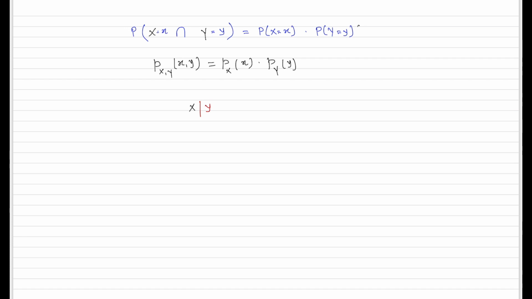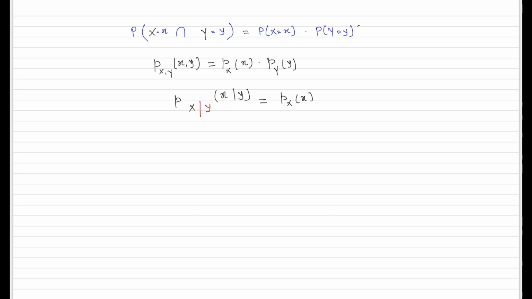So the conditional PMF of x given y is going to be the same as the unconditional PMF of x. And again, it has to be true for any value of the argument of this PMF.